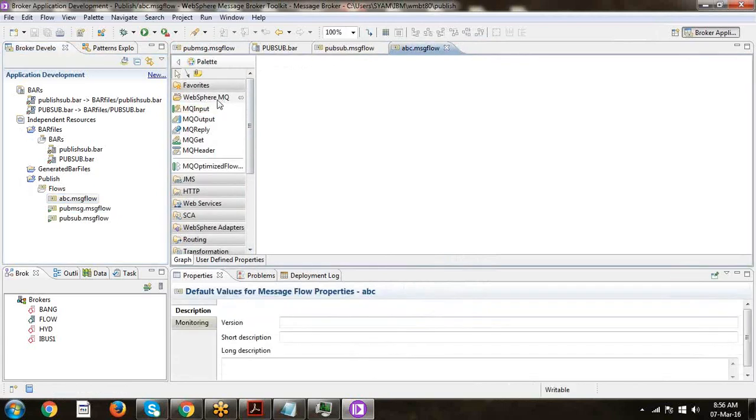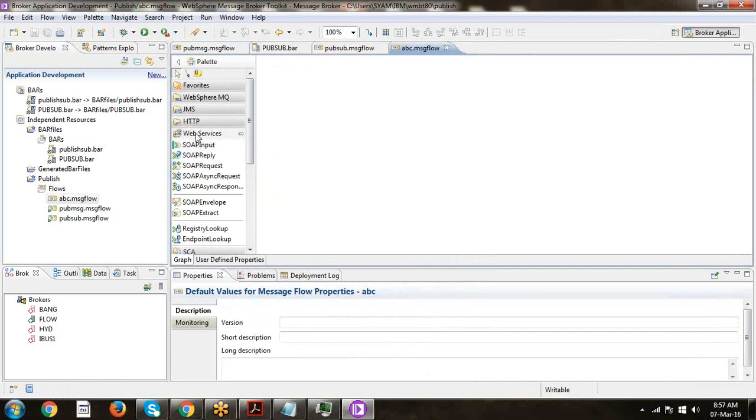WebSphere Message Broker provides free built-in nodes. For WebSphere MQ, they provide MQ input, MQ output, reply, MQ get, MQ get header, and optimized message flow. The same way for JMS applications, and for HTTP and web services.